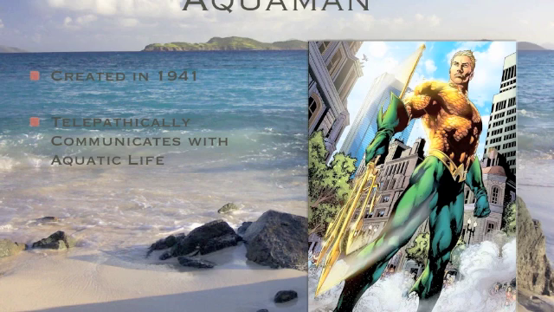His power is that he telepathically communicates with aquatic life, not just fishes, any aquatic life. It could be sea urchins. It could be starfish. It could be bacteria. It could be sea anemones. It doesn't matter. If it's in the sea, he can communicate with it and he can bend it to his will to do what he wants it to. So, he's used sharks before, and he's used whales. He's used a ton of stuff for very creative reasons. And so I think it just took the right person to make Aquaman a viable character in DC, and finally